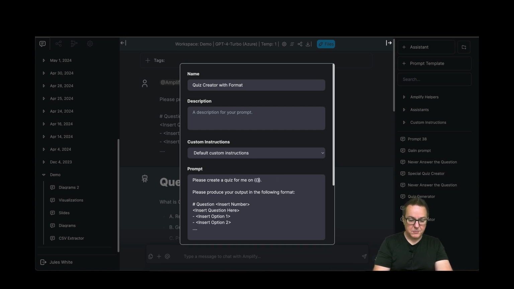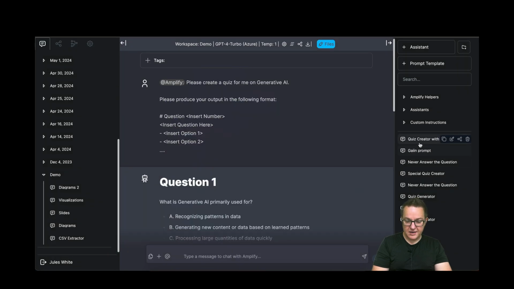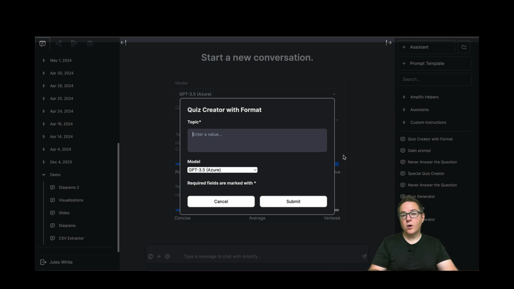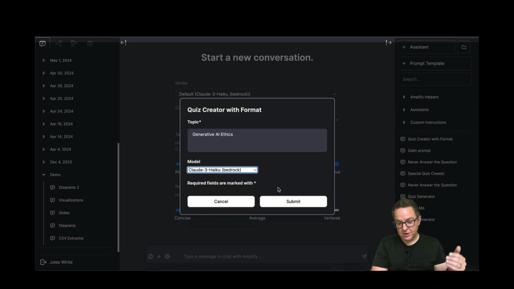I'll just start off by putting a placeholder for the topic right here that we can then customize. So I'll save that. And now we have this quiz creator with format over here. And if I click on it, it doesn't require me to go through all the prompt engineering from the beginning. So now I might say generative AI ethics is what I want to quiz on. And maybe I want to switch the model to Claude 3 Haiku. I can do that here and now rerun the prompt,